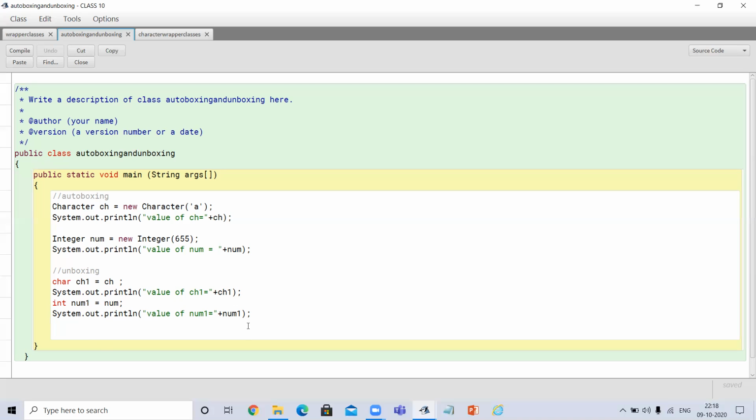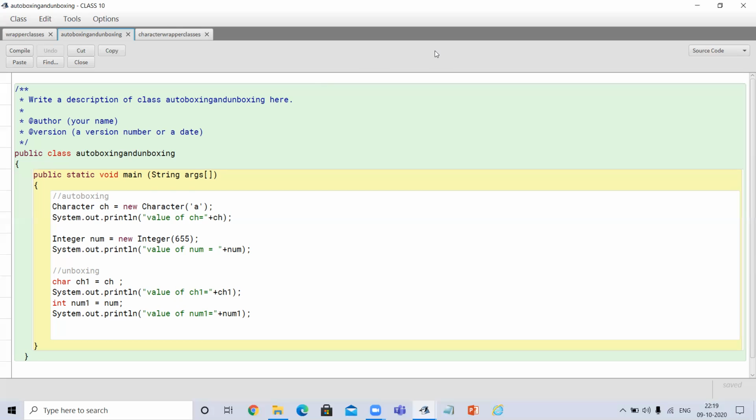When I execute it, you will see the same output in both cases, but what is the difference? Here it converts from primitive data type into its wrapper class object form, and here it converts from object form to its primitive data type. This is the main difference between autoboxing and unboxing.